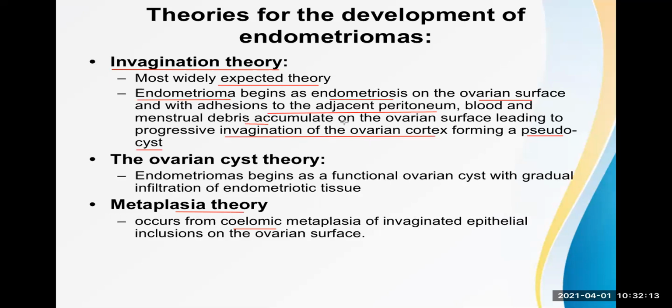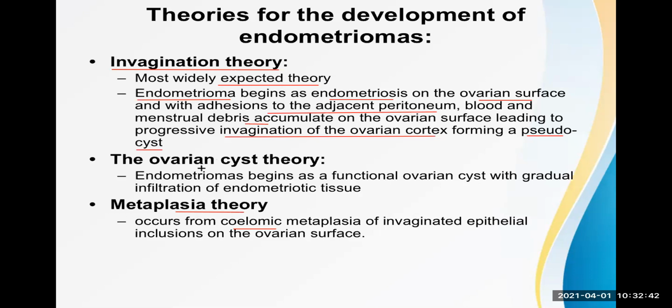Another hypothesis tells that there is a retrograde type of menstruation. Now, this is very interesting. Retrograde menstruation means, in every cycle, there is shedding of the endometrial tissue, but that doesn't come out through the cervix or the vagina. Rather, it will go backward through the fallopian tube and reach the ovary. That type of hypothesis also exists.